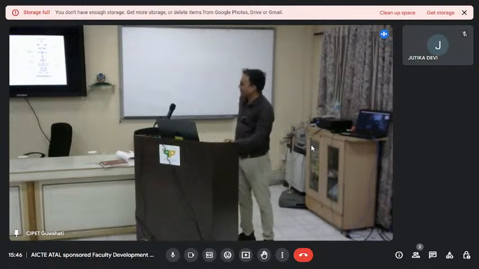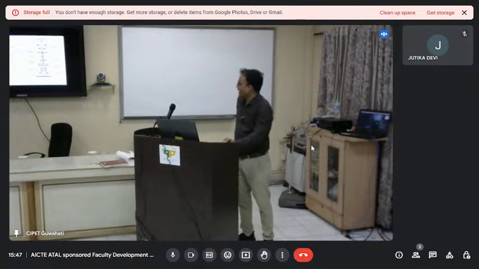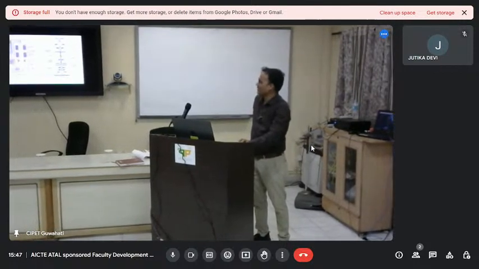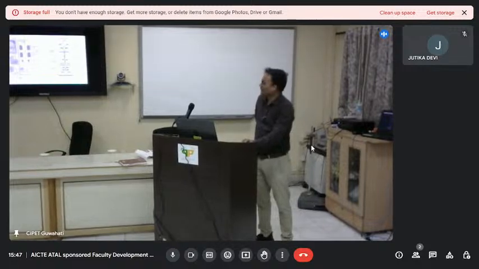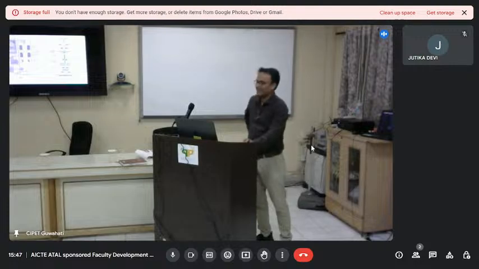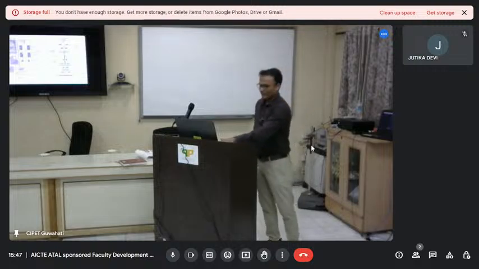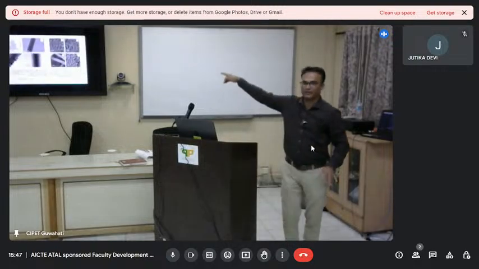You see, in SEM, this is the specimen. Have you seen? The specimen is only at the bottom. Okay? And here you see the specimen is at the top. So the beam is passing through it. Okay? The beam is passing through and the screen is at the bottom only. But here, in SEM, the specimen is at the bottom and the screen is above it. Okay? Because it does not pass through. Now the difference between SEM and TEM you can see here.